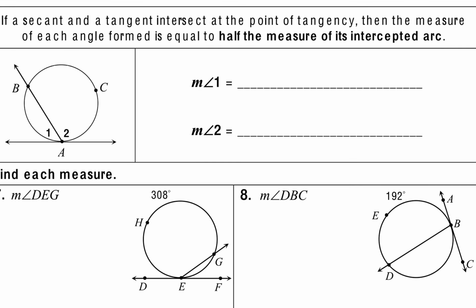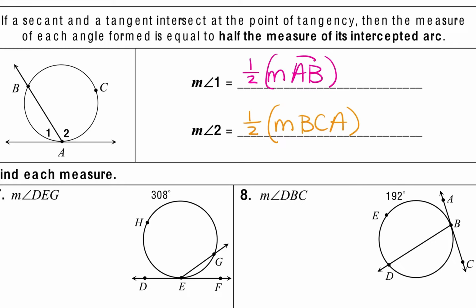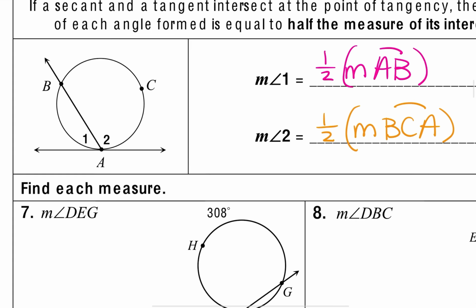In order to find the measurement of angle 1, you're going to have to take a half of the measurement of arc AB. And in order to find the measurement of angle 2, you'll have to take a half of the measurement of arc BCA. Now let's go to the picture to see that. So in order to find this angle here,